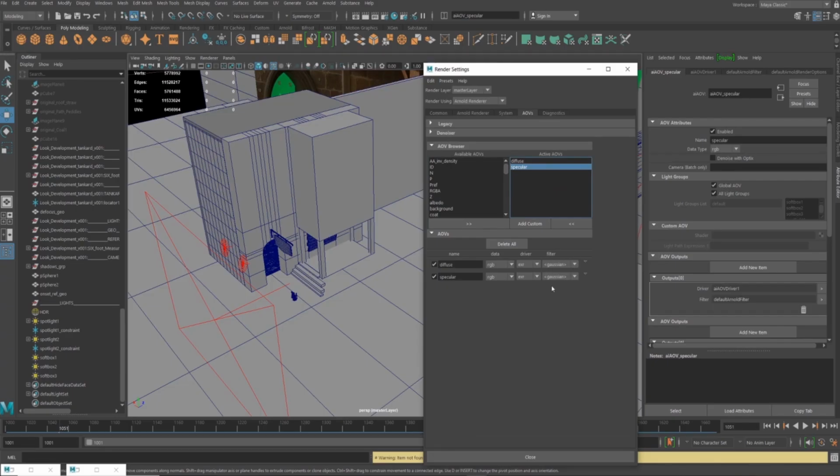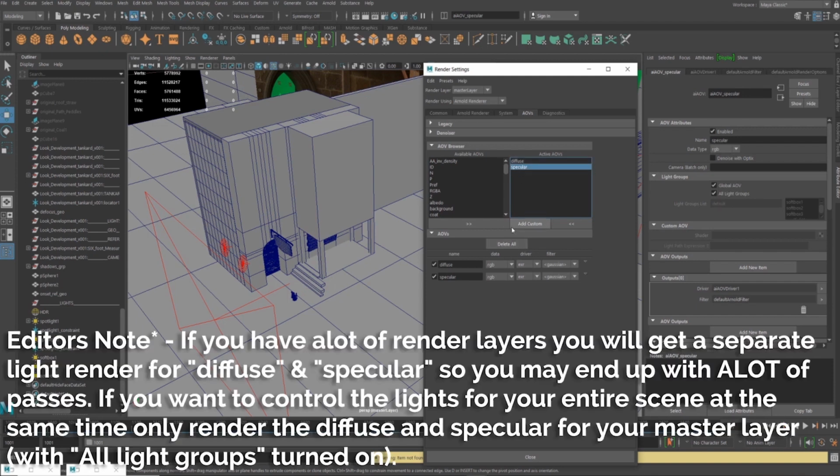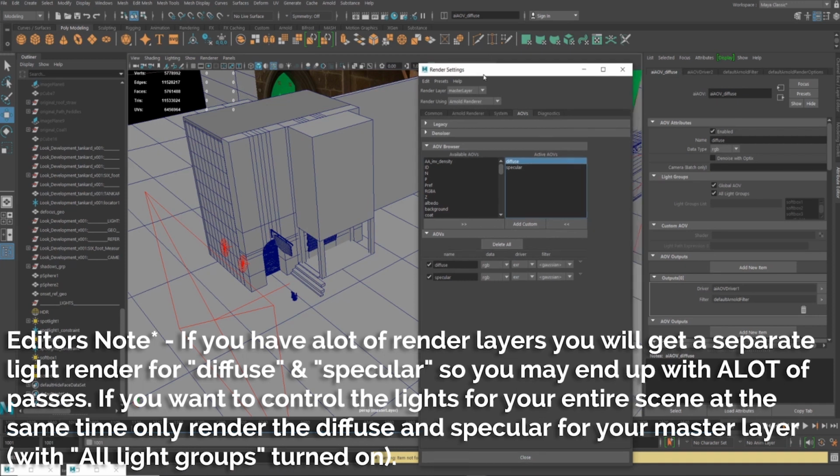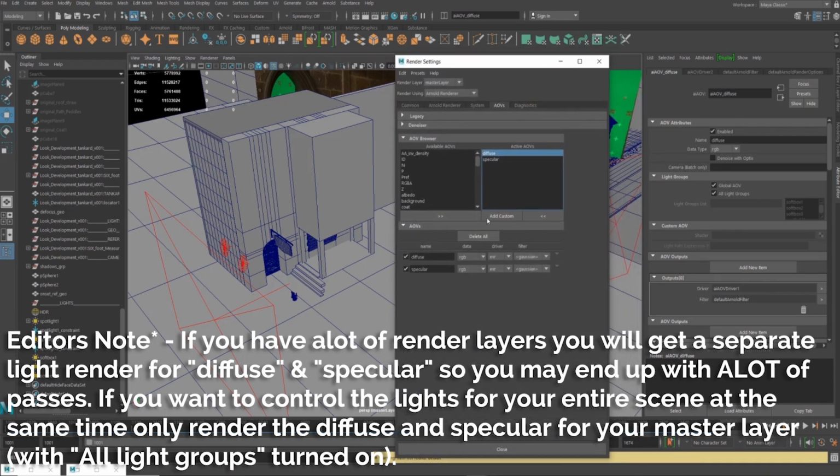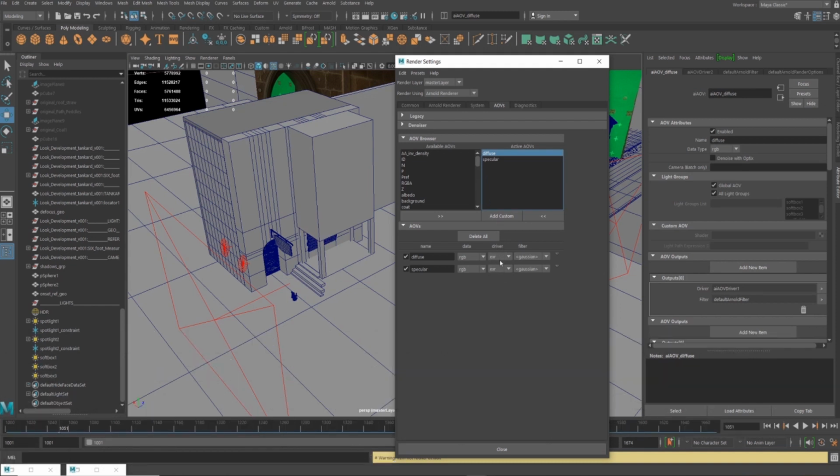and the reason for that is so I can do a very basic light separation in my comp. I don't know how long this will take to render, but even if it doesn't take that long to render, then we can separate the lights and do a very basic rebuild of each separate light on each separate render layer. So what I did in part 1 or 2 was I changed the driver here, because by